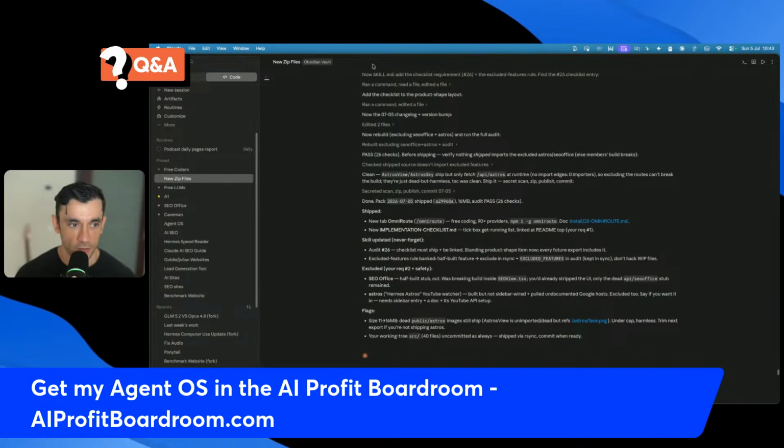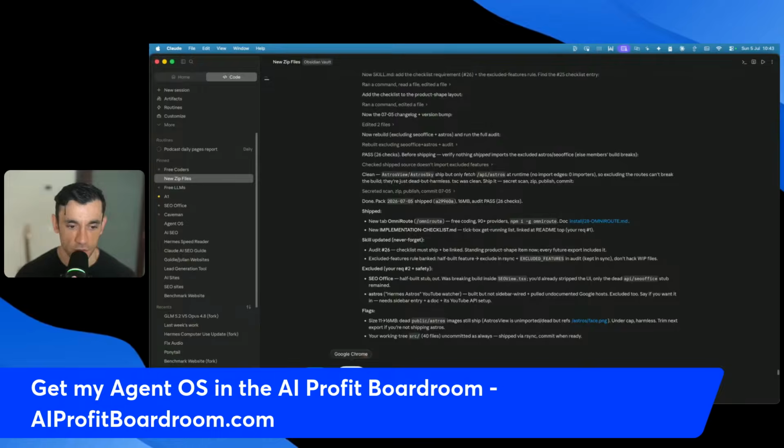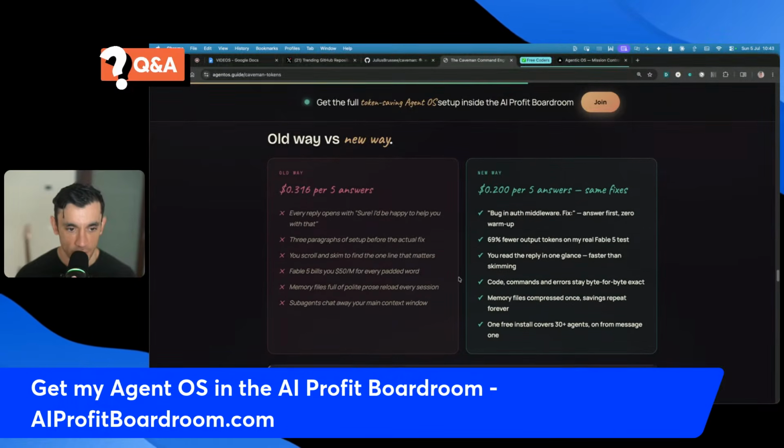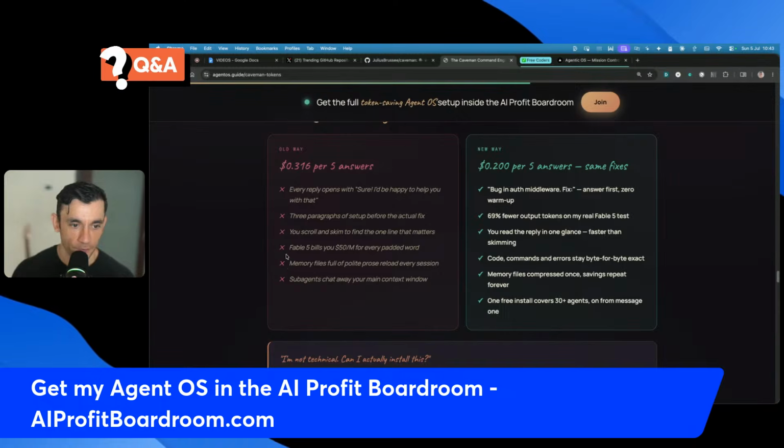You can see quite often it will give you a long answer like this, but you can reduce it massively by using Caveman. And the great thing about this as well is that quite often in memory files, when you're using Claude Code and that sort of thing, the replies are trained to be quite buggy or quite full of too many rules, if that makes sense. Whereas with this system,